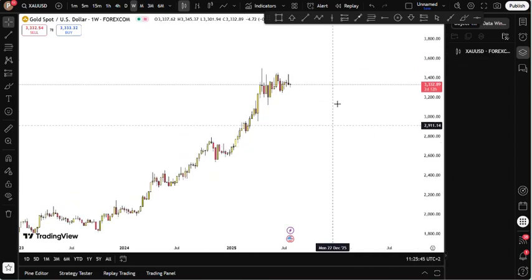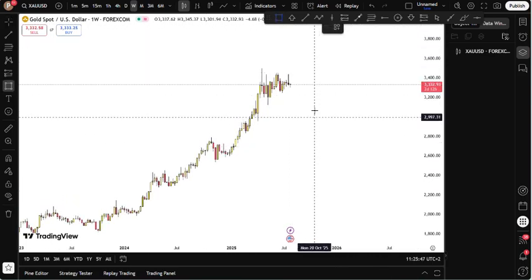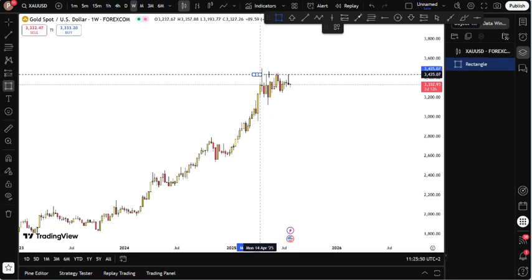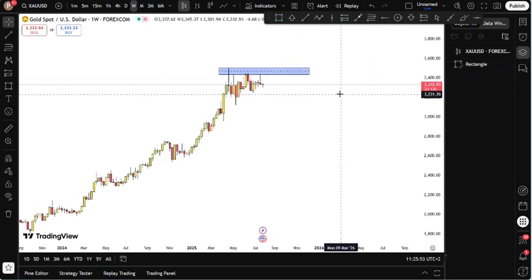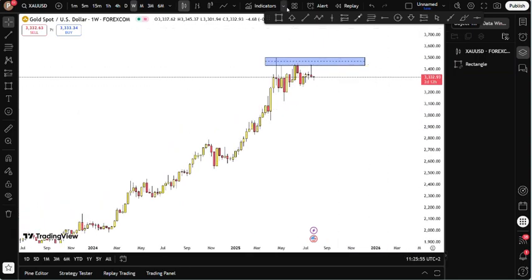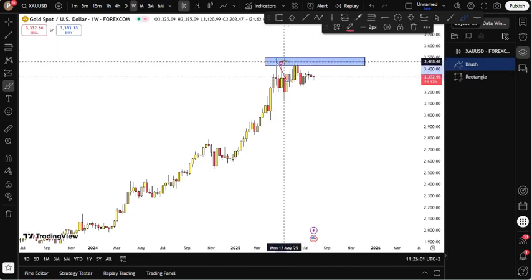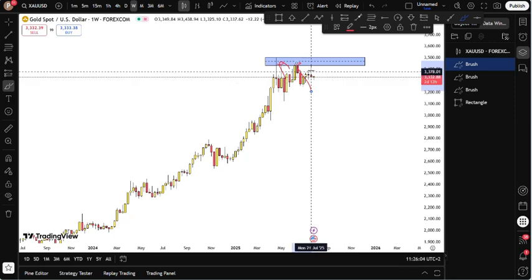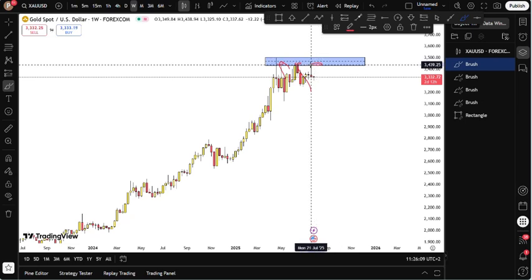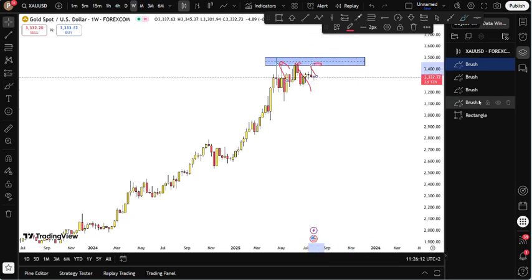Here, let me start by marking the zones. Gold is currently rejecting, like it can't go higher than that price, because it came here for the first time and rejected. Came a second time, rejected. Came again here, failed to break. So it's making a triple top. Then it came back again here as of recently and rejected over it again. So this is quite a strong resistance level. I can imagine the break and the retest of that level. Once that level becomes a support, wow.